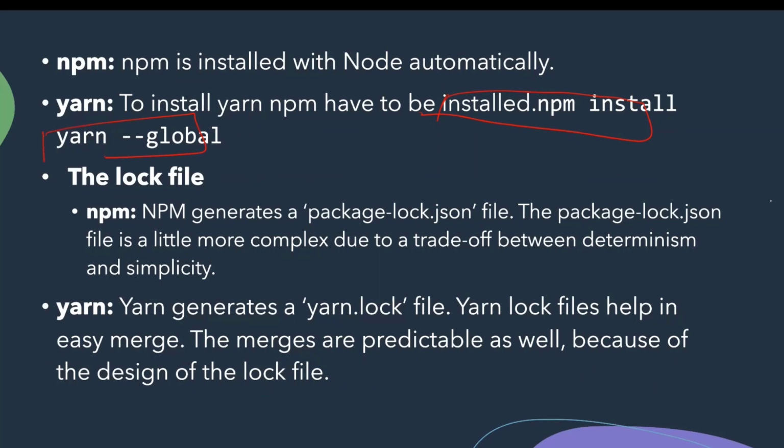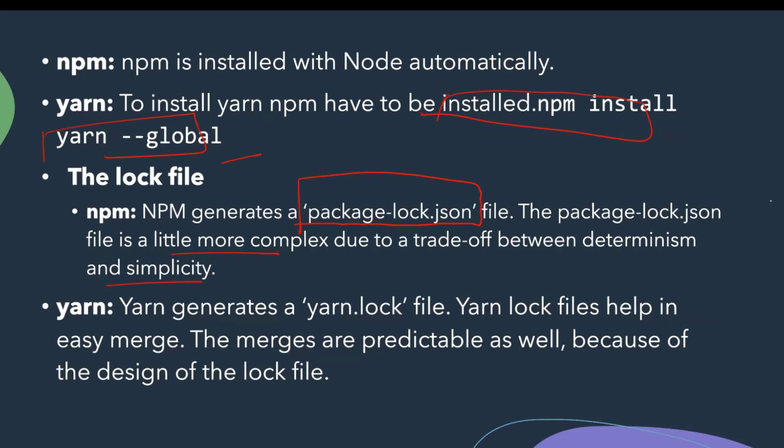Now the concept of the lock file. npm generates a package-lock.json file, which is a little more complex, trading off between determinism and simplicity. It is a bit more complex as compared to Yarn.